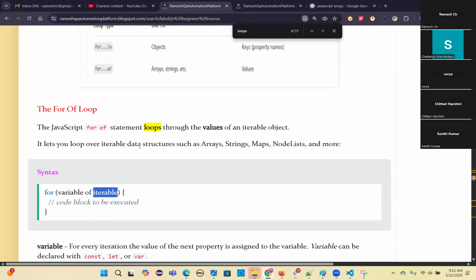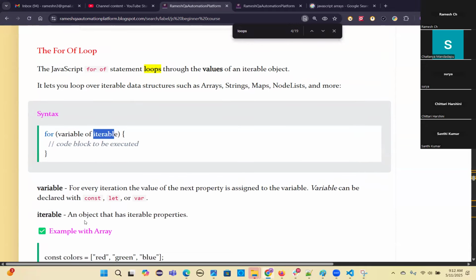You can loop over different data structures also, like arrays, collections, strings, maps, lists, any of these you can iterate with this. For every iteration, the value of the next property is assigned to the variable. The variable can be declared with const, let, or var. Any of them you can use while declaring this first variable. Iterables are all these arrays, strings. You don't need any indexing here. The first one is indexing, right? This for of is